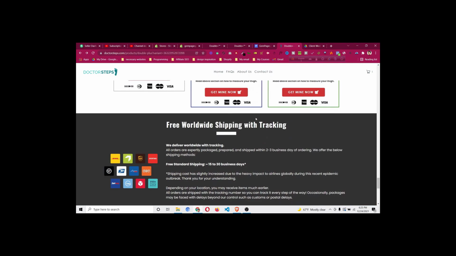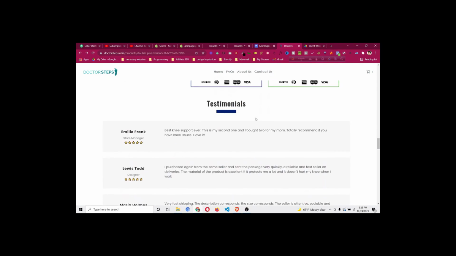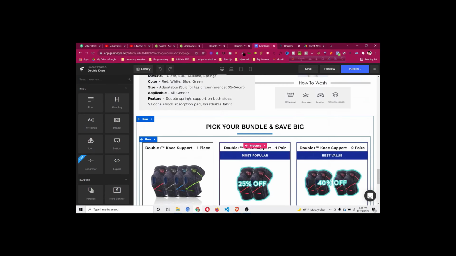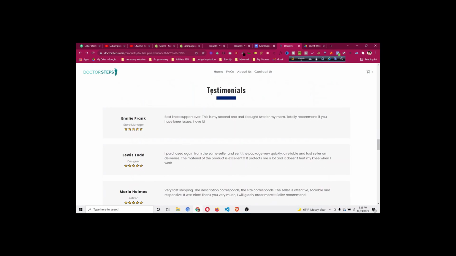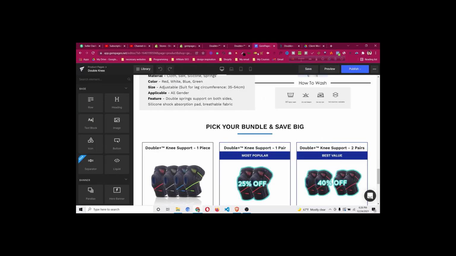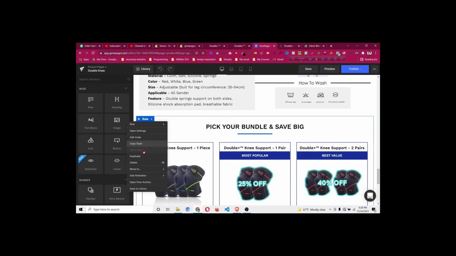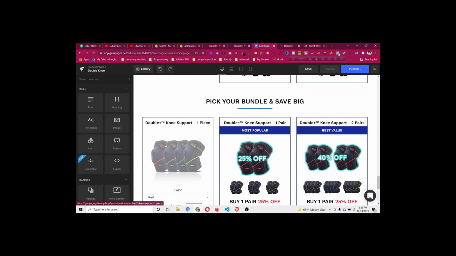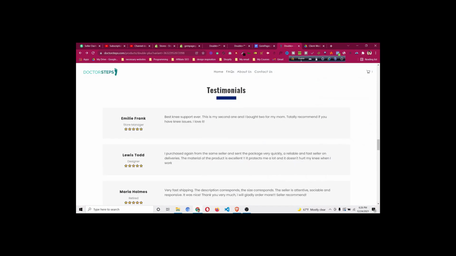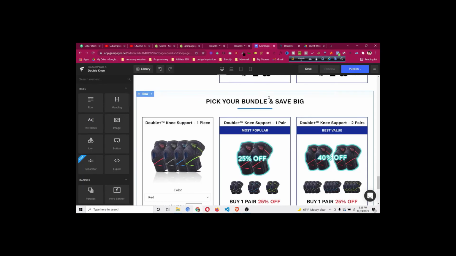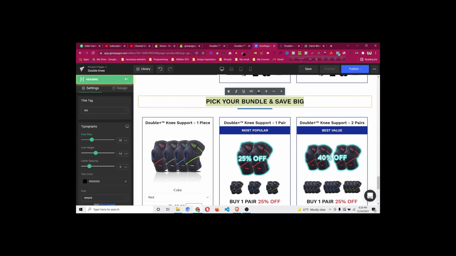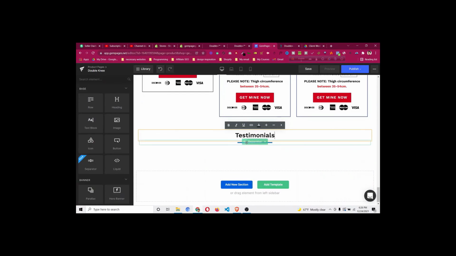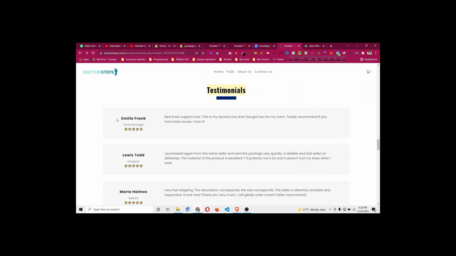Okay, so let's get back to this one, which I'll show you how to add. As we have the same heading and separator for this also, I'll just duplicate the previous row here. Then we will just change this to testimonial. Click on it and then click testimonial, and I will just delete this entire row because we don't need it here. But what we need is a row,